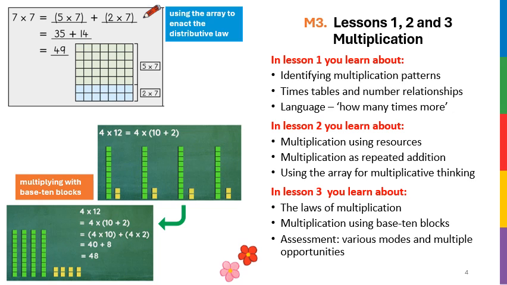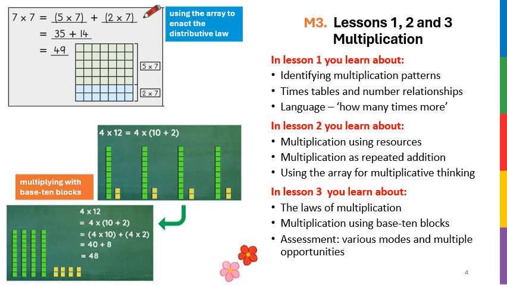So we see in that first picture how 4 times 12 is shown as a green rod of 10 and 2 ones, so that's 12. Another green and 2 showing 12. So we see 4 12s. The arrow shows what would really be the next step, to group all the 10s and group all the ones.